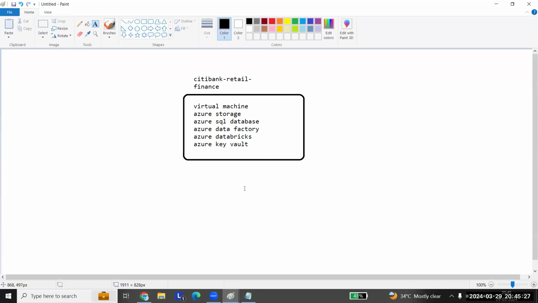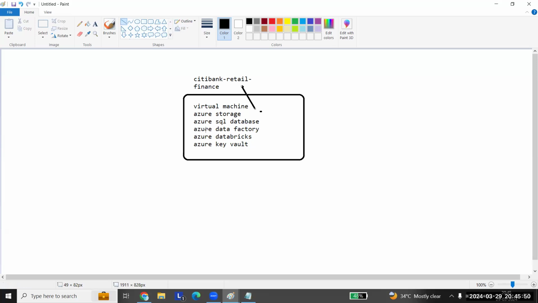So all these services or resources which are required to develop this project, that Citibank retail financing, what you do is put them in a single place.